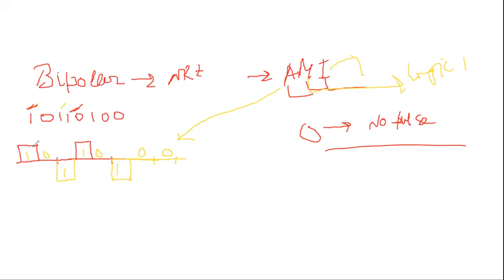So the first one is positive, the second one is negative, and the third one is positive. Again, the fourth one is negative. Now we are having some other one. Here one is there, so what will happen? For this one, the previous was negative, so it will be positive. As I am showing positive with red color, it will be positive. Then see, this is positive. Now there is one more, so it will be negative.